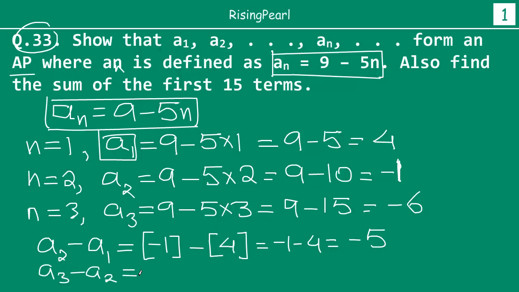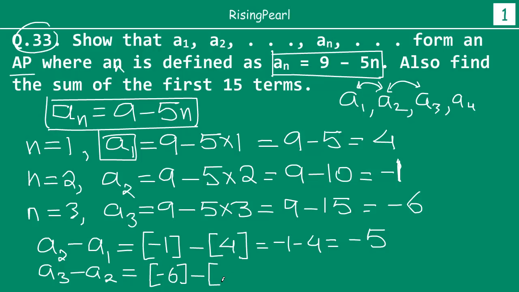So what we are doing, friends, is, as you can imagine, we have the terms a1, a2, a3, a4, so on and so forth, in any arithmetic progression. So we are trying to find out the difference between these two consecutive terms, a2 minus a1, and then we are trying to find out the difference between a3 and a2. So a3 minus a2, what is a3? a3 is this term, minus 6. So let's write minus 6